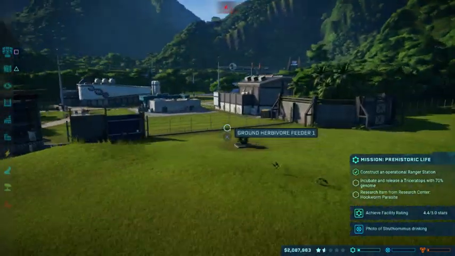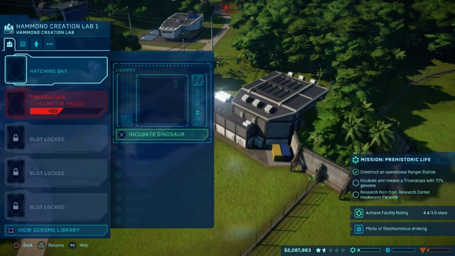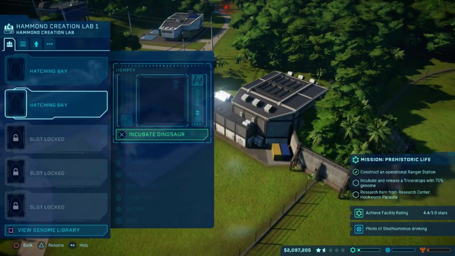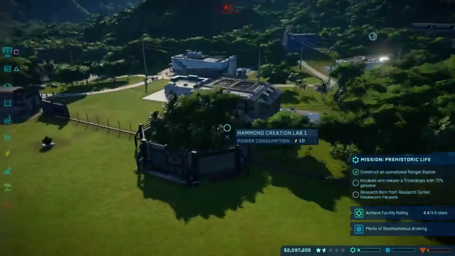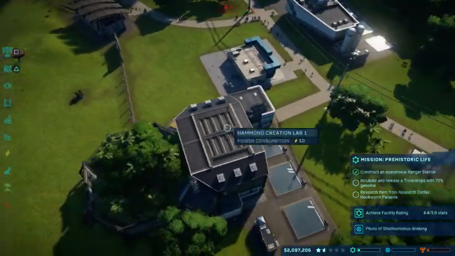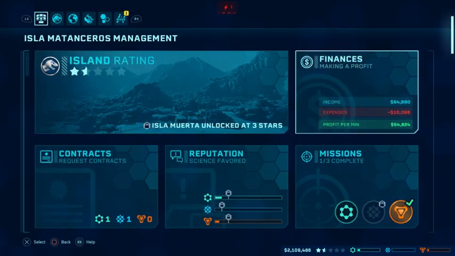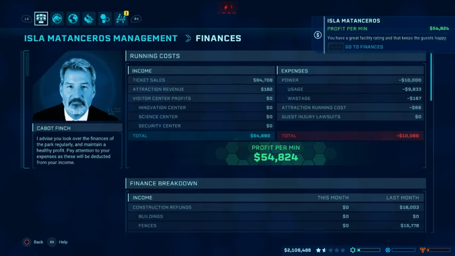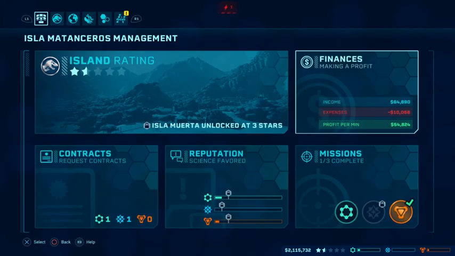All right, well, so we've got some of the basics done. Let's go back to this creation lab here. So we got to discard that poor guy. We're holding steady in the $2 million range, so we're not losing too much, I don't think. Can we look at the finances yet? So, oh wow, look at that. We're making a pretty good profit. We need to check our